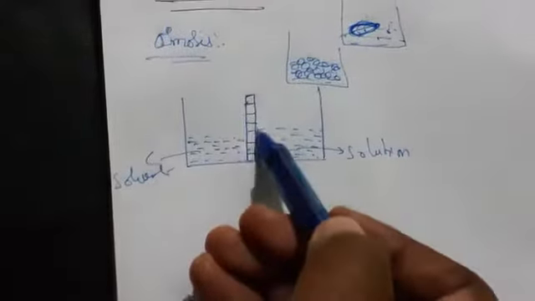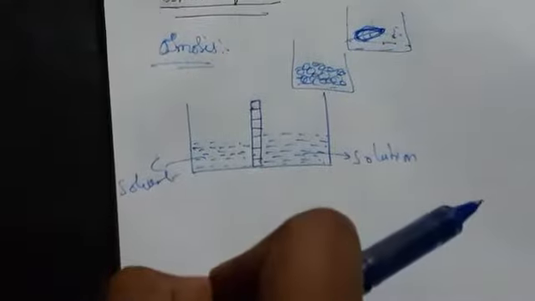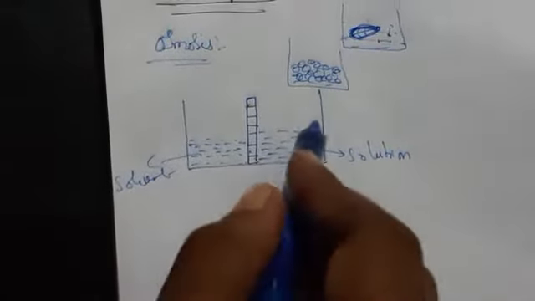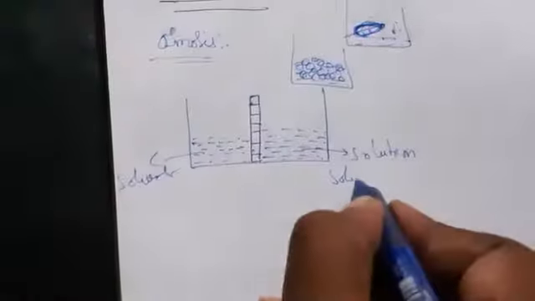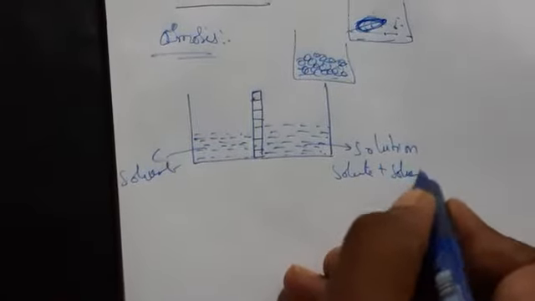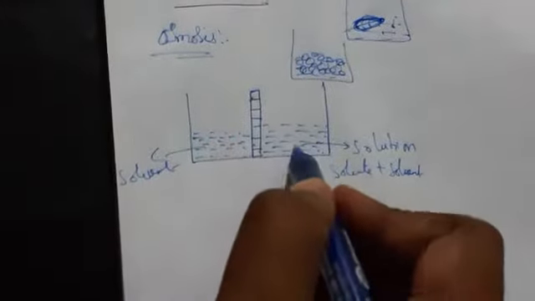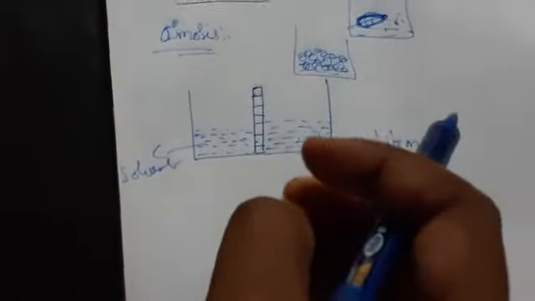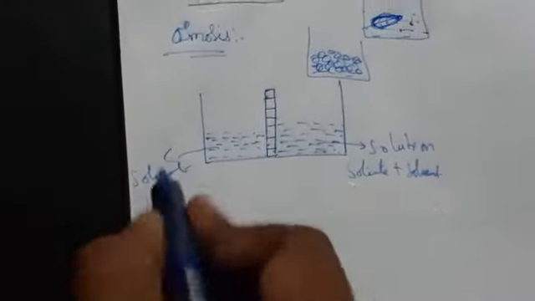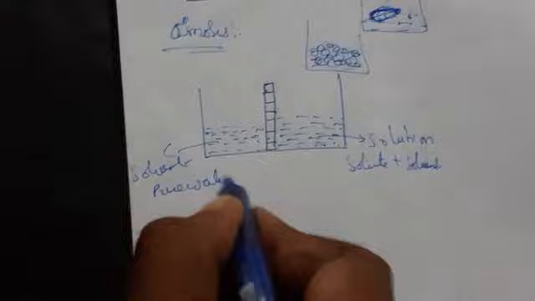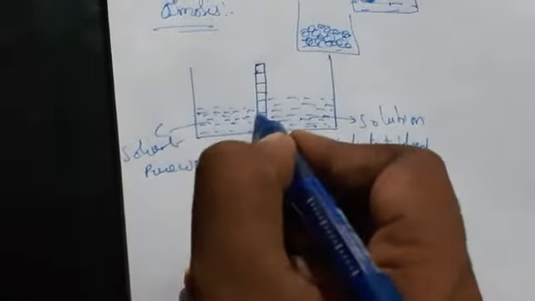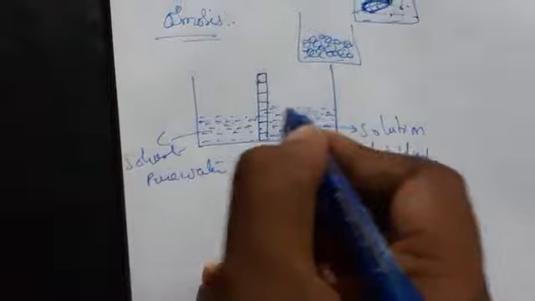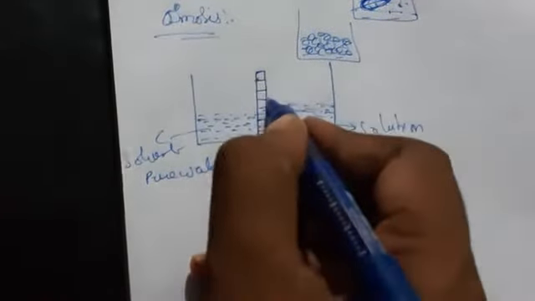So then what is osmosis? Generally the semi-permeable membrane consists of very small holes. In a solution we are going to have solute plus solvent. It is having somewhat large molecules, the solute molecules combining with solvent, so it cannot pass through. The solvent here is pure water. This pure water enters through these holes and continuously flows to the solution.